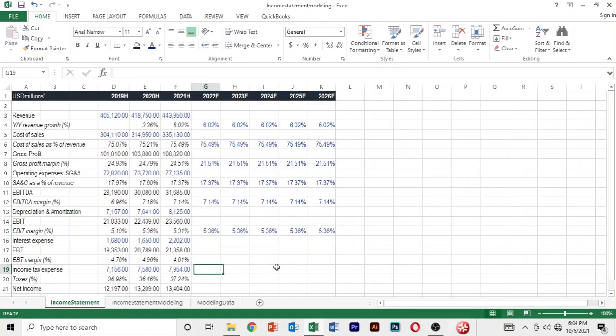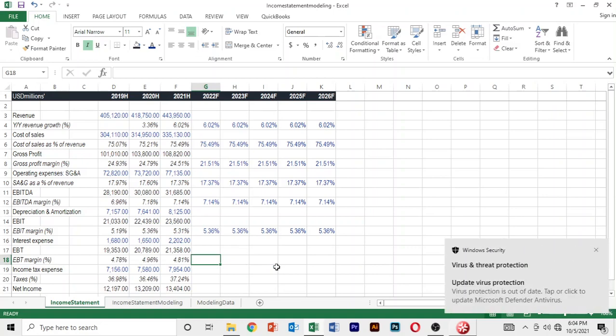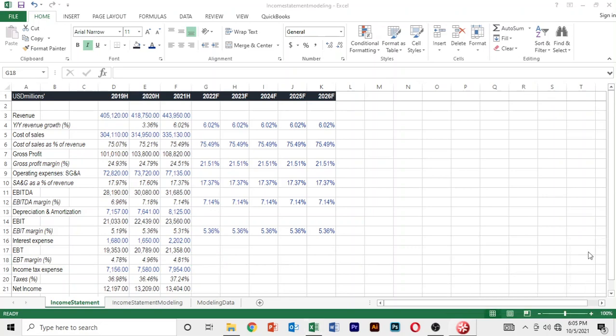So we come back here again on EBIT margin. So we say our EBIT margin is going to grow by 4.96. So we're gonna say 4 point, so it's 0.0496,